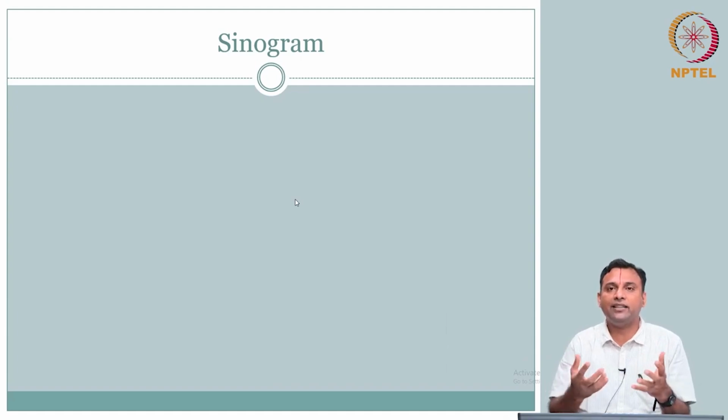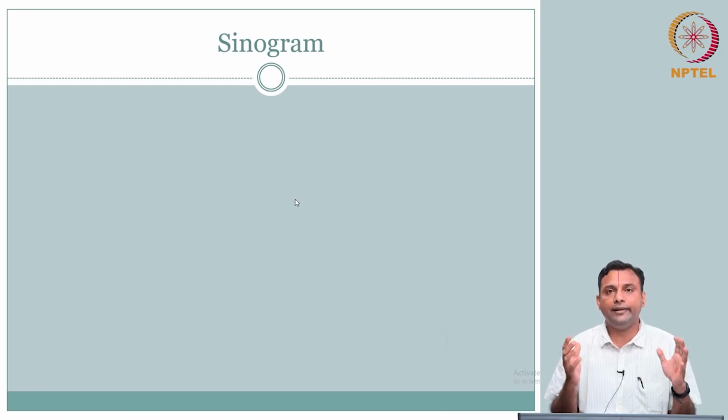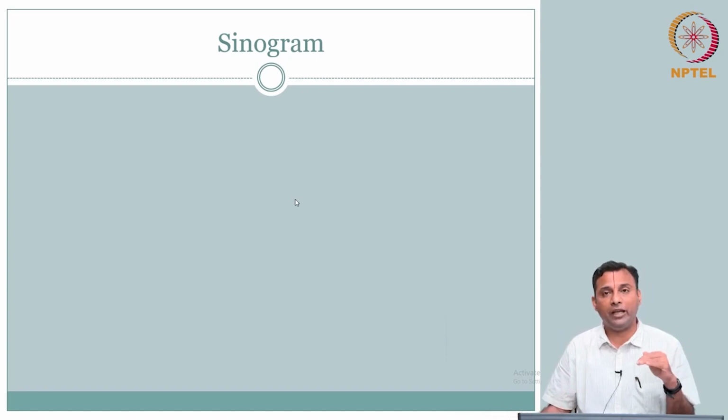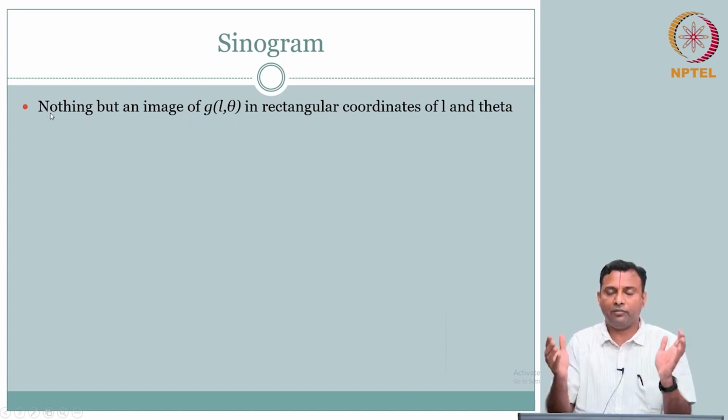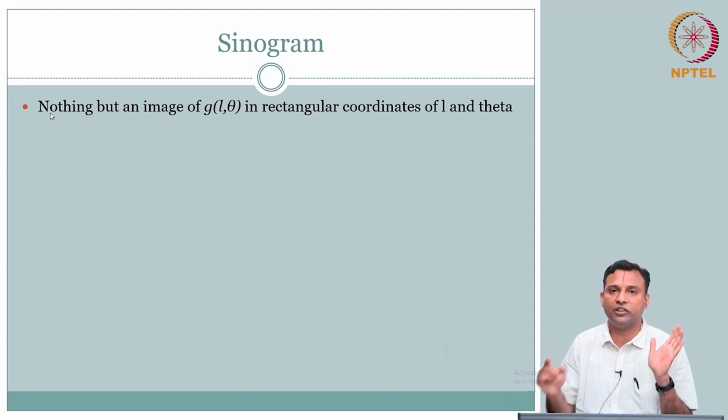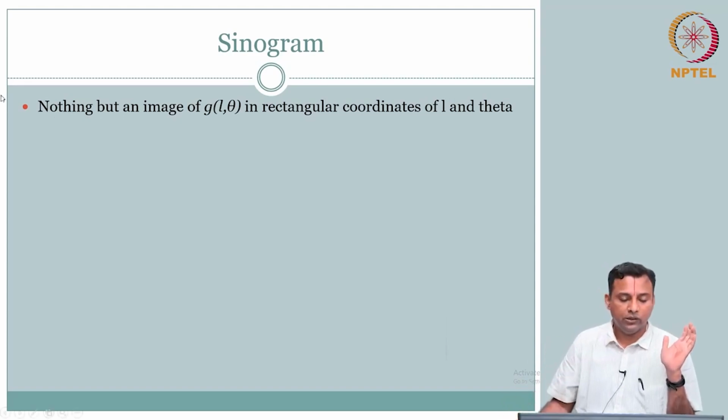Can I organize the data that we have collected in some form, so that at least we can see some information from that before we actually do brute force reconstruction? Okay. So, what you get is what is called a sinogram. What is a sinogram? It is the raw data, before any other processing and reconstruction. It is the data that you have collected, which is the line integrals. So, it is nothing but an image of g of L comma theta